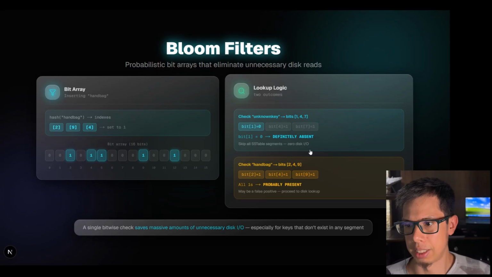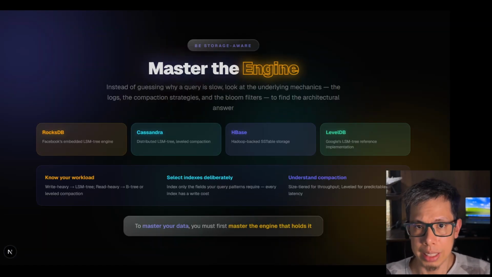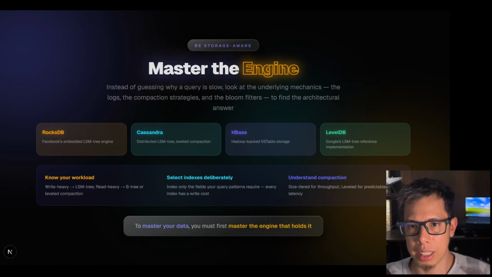Okay, so that's it. Actually, there are multiple popular databases that use this kind of approach that maybe you can study to learn how you can improve your query performance and stop assuming what is slowing your query. Okay, so actually Cassandra, RocksDB, HBase use this kind of LSM tree architecture, and maybe the next time that you face this kind of database, you will know how it works internally, and finally work with the configuration of your databases to improve the